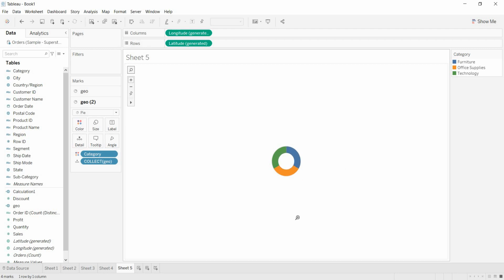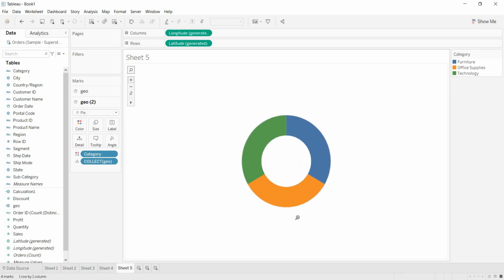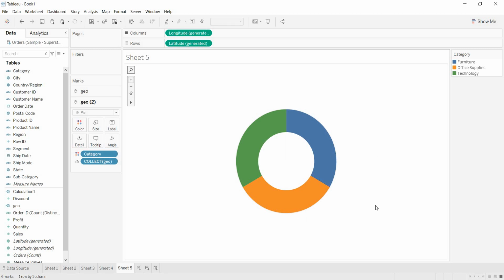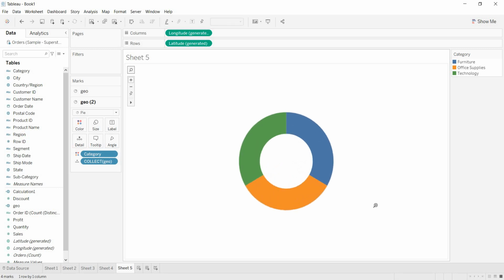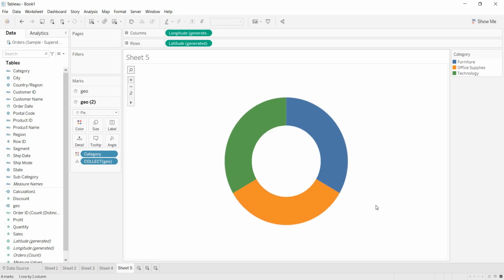Just hold Control Shift and press B. If you want to decrease the size of this, just hold Control and press B. To increase the size of this donut chart, hold Control Shift and press B. To decrease the size, hold Control and press B. Now I am increasing the size some more.